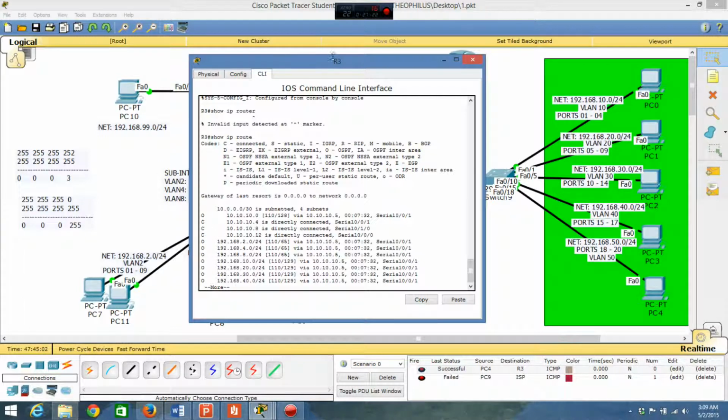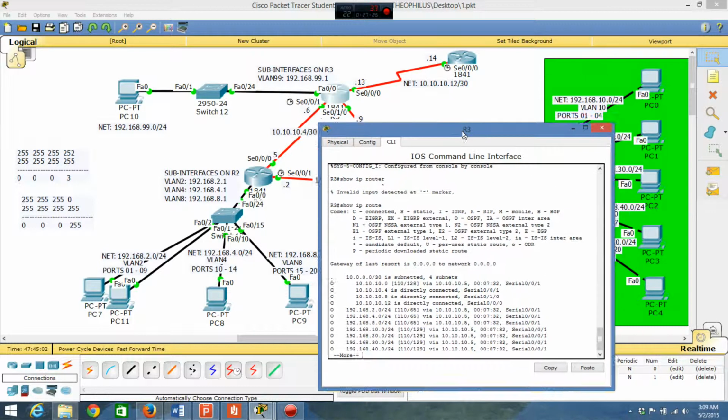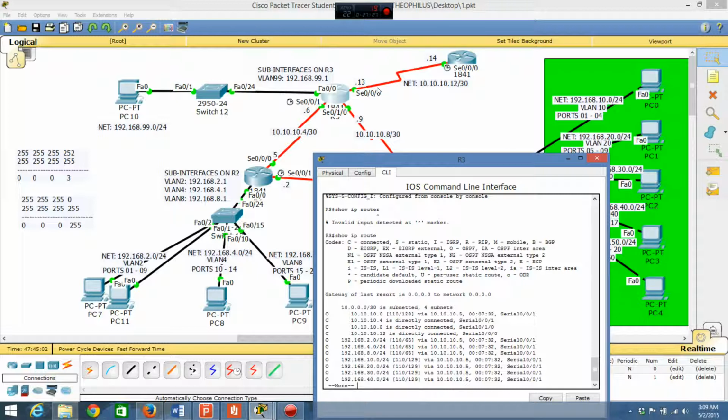directly connected networks. So for this router, we have basically 3 networks that are directly connected in our OSPF statement. So that's why we have 3 directly connected networks. As you can see, 1, 2, 3. So we got 10.10.10.4, 10.10.10.8, and 10.10.10.12. So these are directly connected networks, and